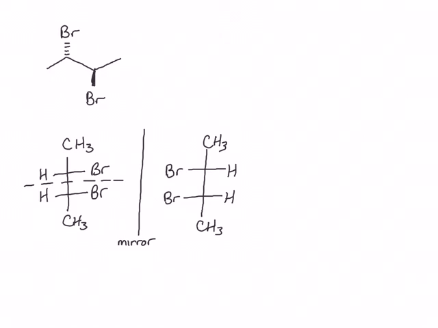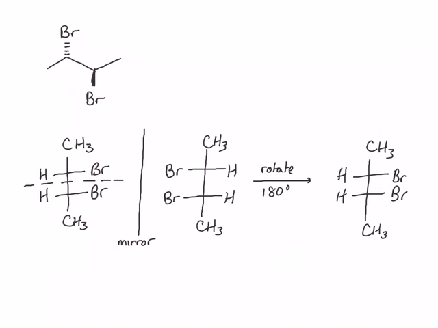Again, if we rotate the structure on the right by 180 degrees, we don't change any of the chiral centers, and so it will be the same molecule. This rotated molecule matches the structure on the left, indicating that these are the same compound,